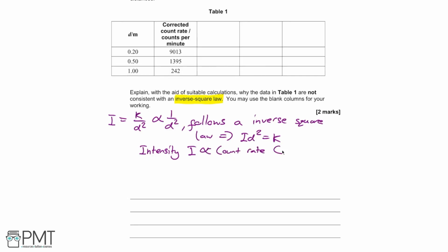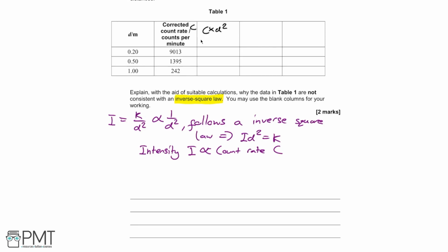Because if I have more counts, then it means that I'm receiving more radiation in a given time, which means that I have a higher intensity of that radiation. Therefore, our strategy will be to calculate I multiplied by d squared, and then see what value of k we get. So doing that, in the table we can calculate the correct count rate, which I'll call c, multiplied by